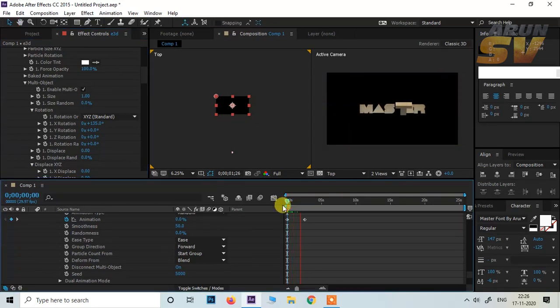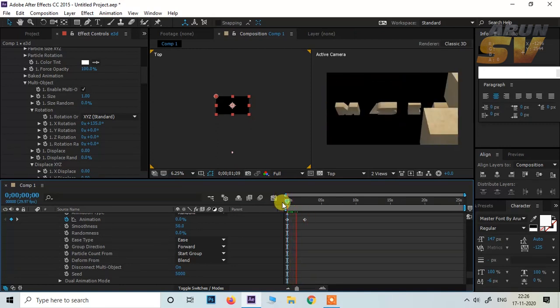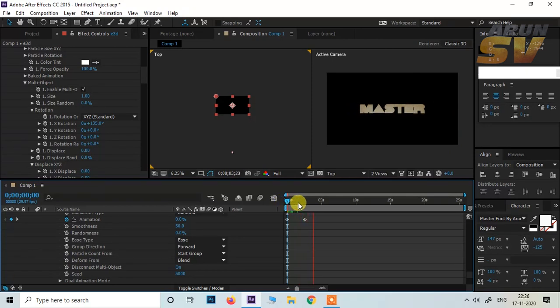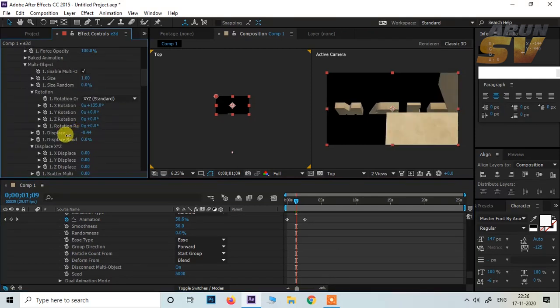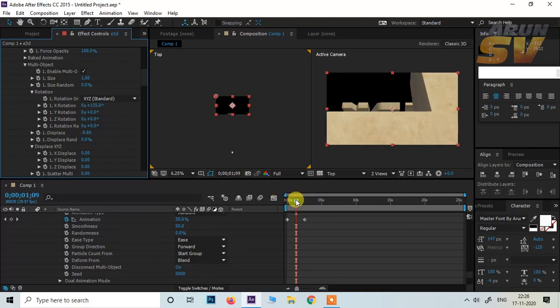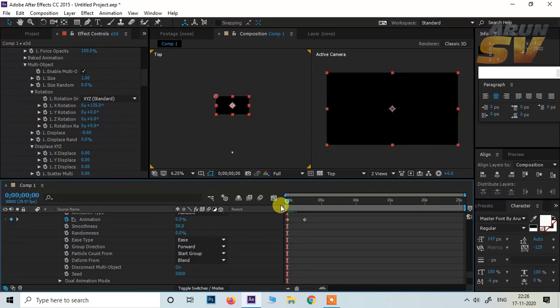Then we can get this type of animation. Then add some random rotation also. Displace, adjust the displace to get closer a little bit so that it fills the screen at the starting point.